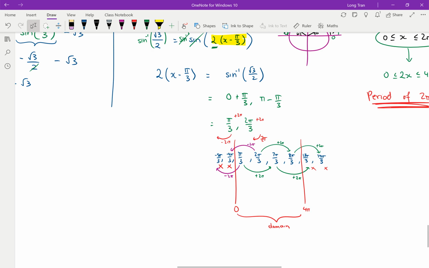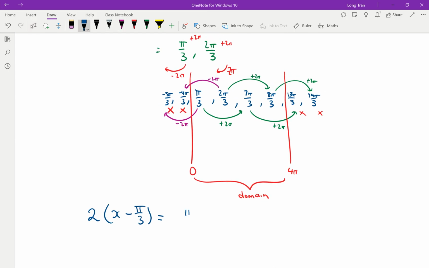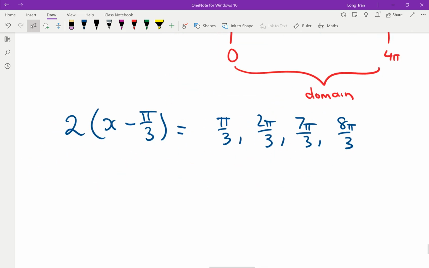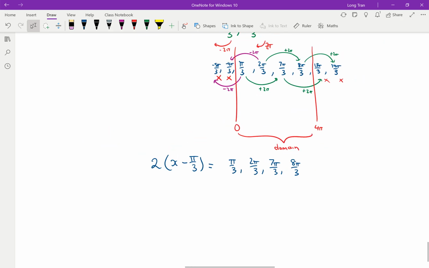Okay, so what I'm trying to say is that we got up to this step. We did sine inverse of root 3 on 2, and I've got my answer as, so remember, still 2 times x minus pi on 3 is equal to, and you've got solutions here: pi on 3, 2 pi on 3, 7 pi on 3, 8 pi on 3. Okay, and then from here, what you can do is now you can try adding on, you can then try